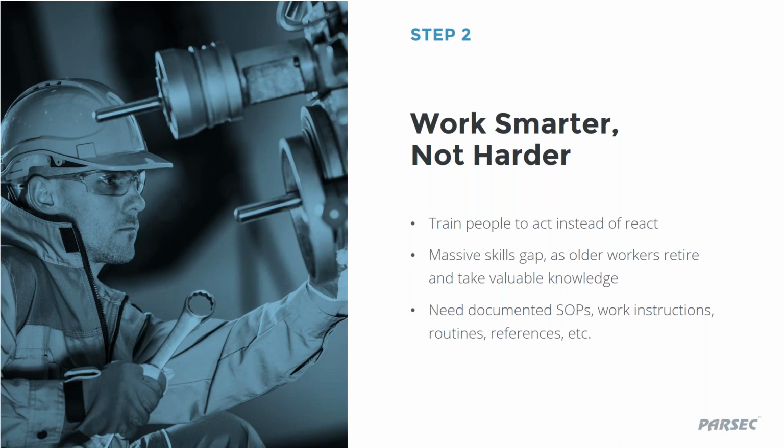So as the systems go in place, it's very important to have standards, procedures, SOPs, work instructions on how to carry out PMs. I mentioned the ability to reference useful information like machinery manuals and drawings. Oftentimes those are tucked away in an office somewhere or lost. And that's very valuable information that if you can put in the hands of the technician,